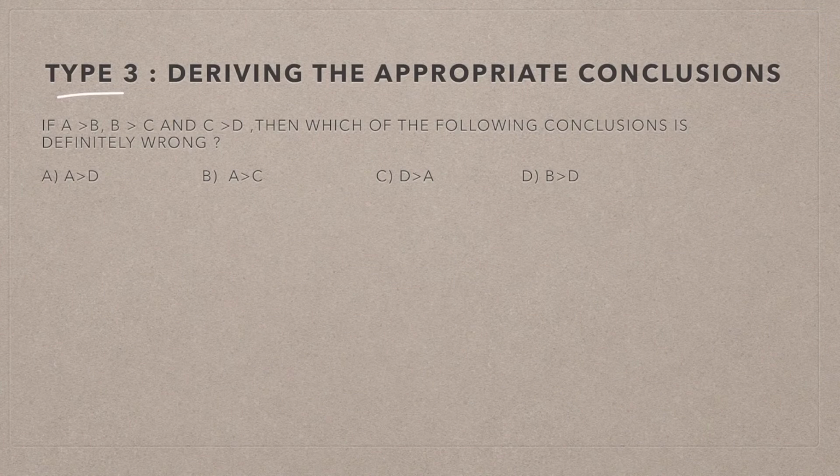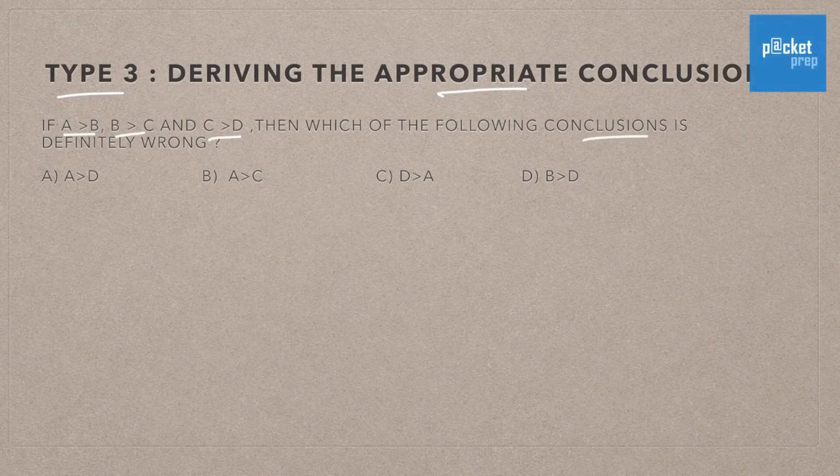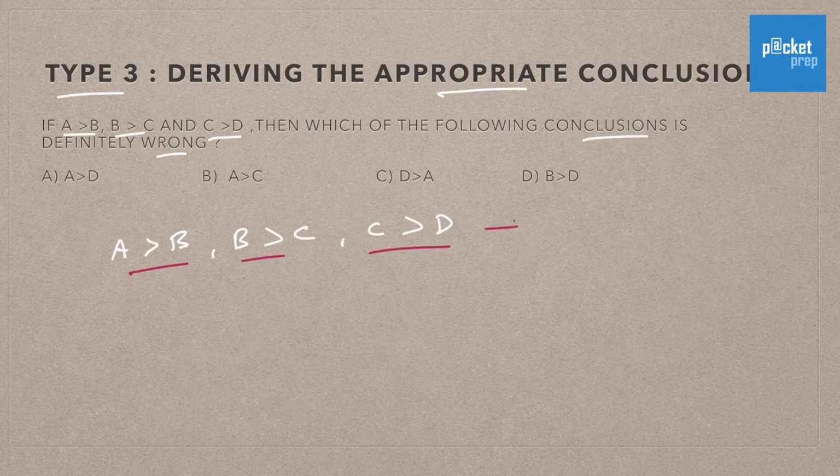Type 3. Deriving the appropriate conclusions. Here is a question. If A greater than B, B greater than C, and C greater than D, then which of the following conclusions is definitely wrong? It is given in the question that A is greater than B, B is greater than C, and C is greater than D, isn't it? From these three statements, it is clearly evident that A is greater than B is greater